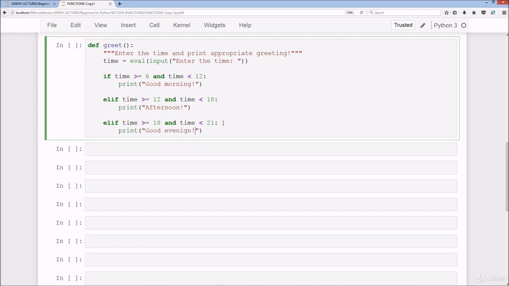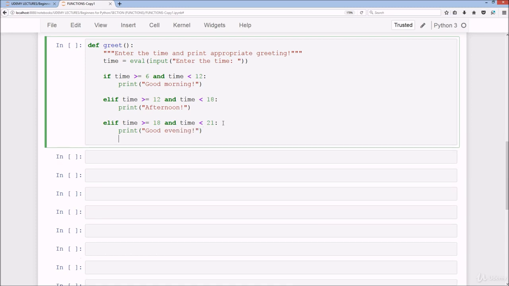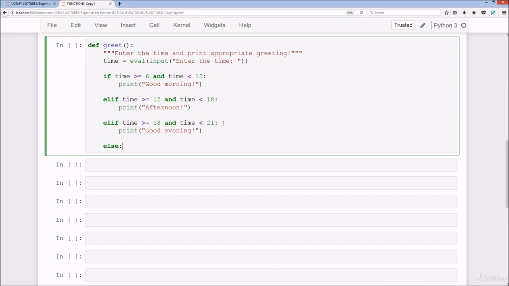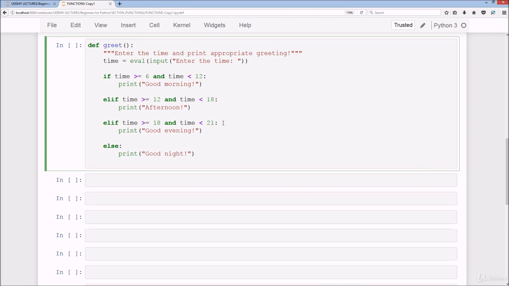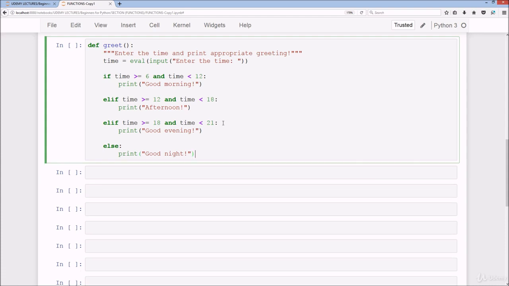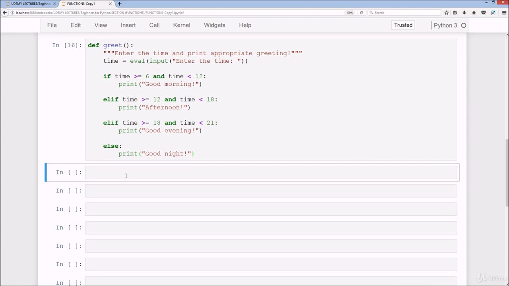And then we'll do print good evening. Whoops, keep doing that mistake. And then lastly, if it's none of those, it's obviously going to be good night. And then if we run that, and before I actually run that, just to point out that if we do time, or rather if we do input, enter a number,